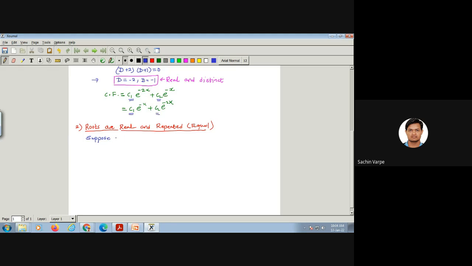Okay, so suppose if the first two roots are repeated, equal, like m1 is equal to m2, and the rest of the roots are distinct, like m3, m4, and so on, mn. Okay, so with these roots we have to write the formula for the complementary function. The complementary function is therefore,